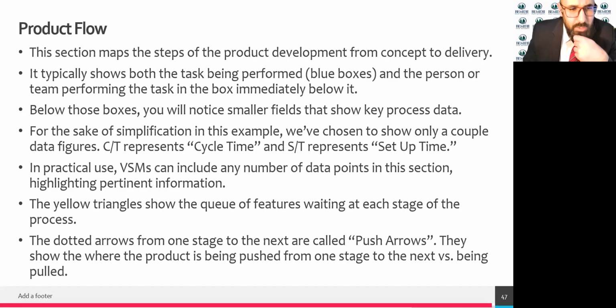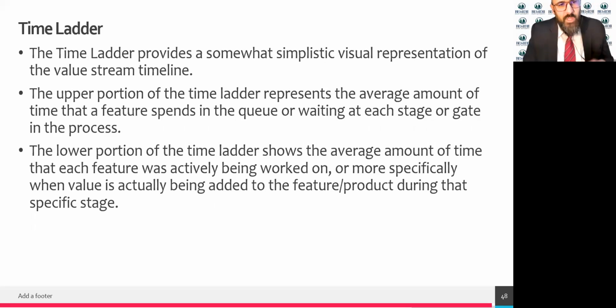The dotted arrows from one stage to the next are called push arrows. These show the product is being pushed from one stage to the next, versus being pulled from a step. Now for the third section, which is the time ladder, it basically provides a somewhat simplistic visual representation of the value stream